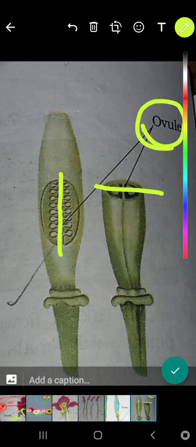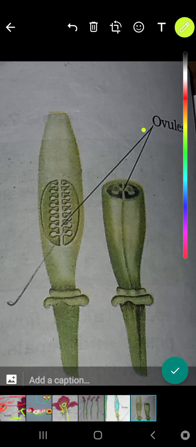Now the ovule is shown here. There are some holes, right? In the center it is the ovary.